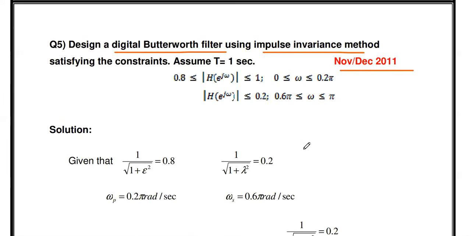In those, H of s, the analog transfer function, is directly given. Then we did only one step of the impulse invariant method: factorizing the given H of s by partial fractions, calculating the poles and partial fraction coefficients, and converting into H of z. But here we start from the beginning. For this digital filter specification, we are going to design the digital Butterworth filter using the impulse invariant method. We already solved a similar problem with the bilinear method, but here we will see what the difference is in the impulse invariant method.